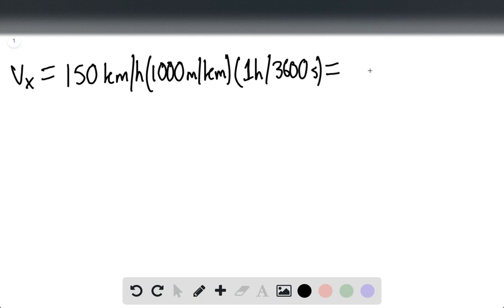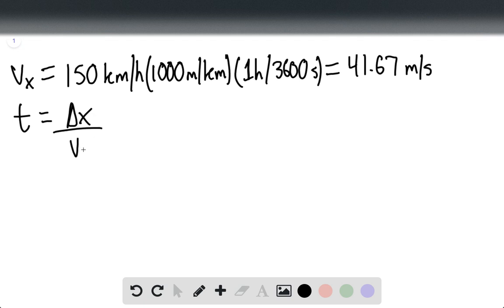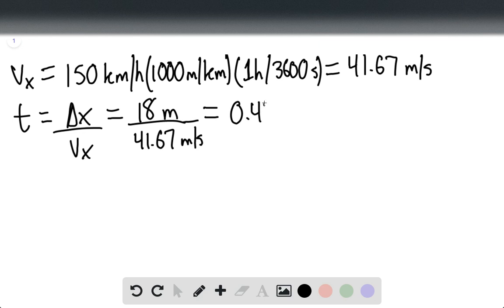And this is giving us 41.67 meters per second. Now, to find t, the time in the air, we can simply say delta x divided by v sub x, and this is going to be 18 meters divided by 41.67 meters per second. And so after it has traveled 18 meters, the ball has only been in the air for 0.432